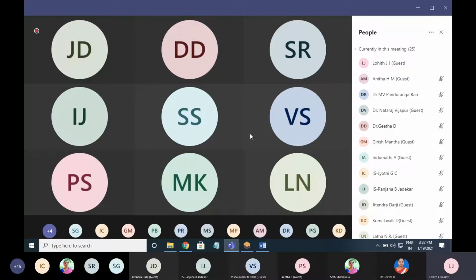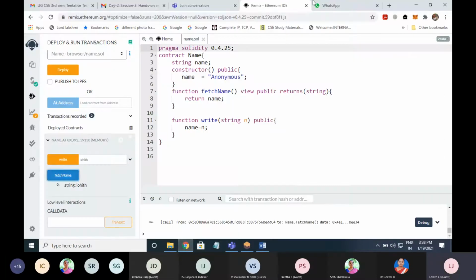When you write a smart contract, it can lead to one vulnerability or another. How do you verify whether your code is vulnerable to any kind of attack or not? There is a lot of research going on in this field, and currently I am also part of that. There is a tool called ONT. I'll send you that information.